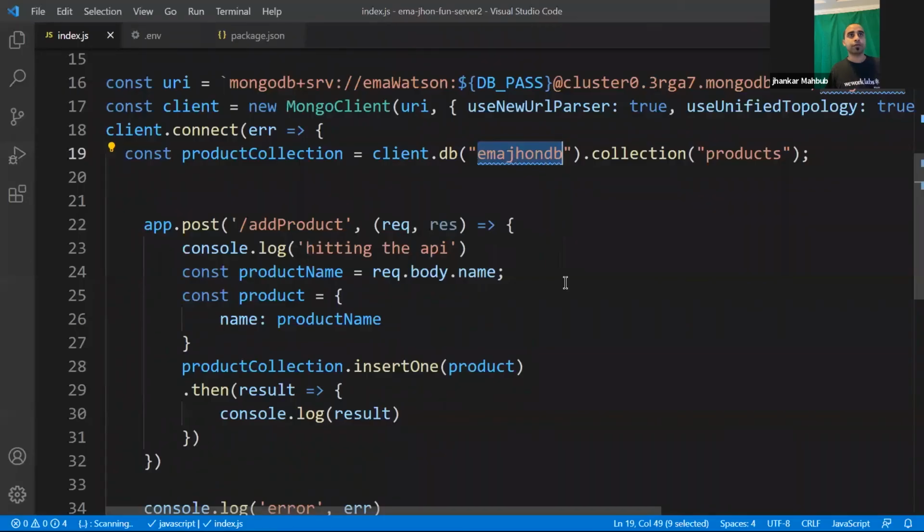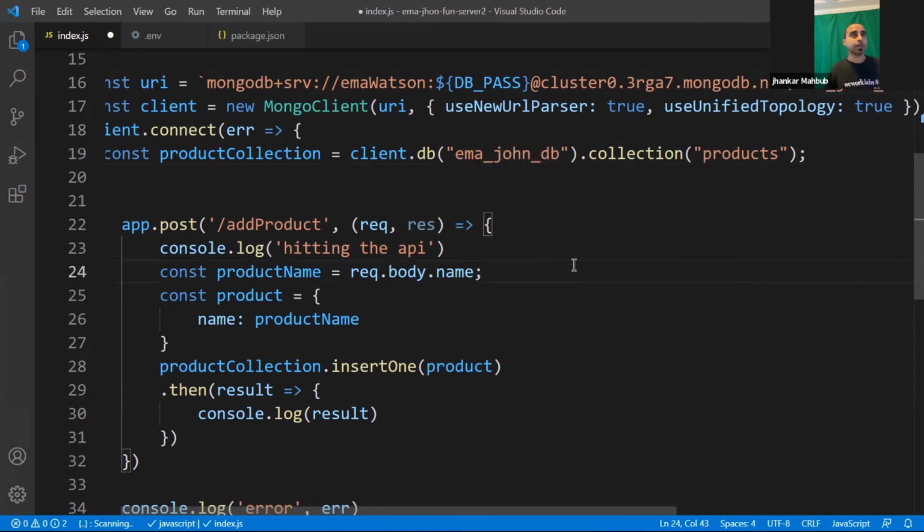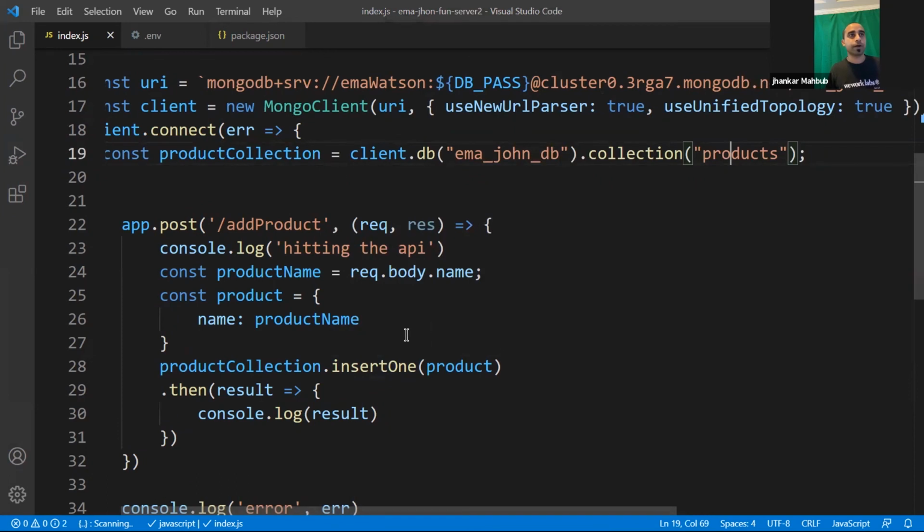If you want to read it nicely, it could be Emma-John-DB, which is much more meaningful for you, or Amazon DB or something like this, and use the same name in both places. So we see something like Amazon DB, and it will have some products, and you don't have to manually go and create it there. If you want, you can create it, but MongoDB will create it just for you if needed.